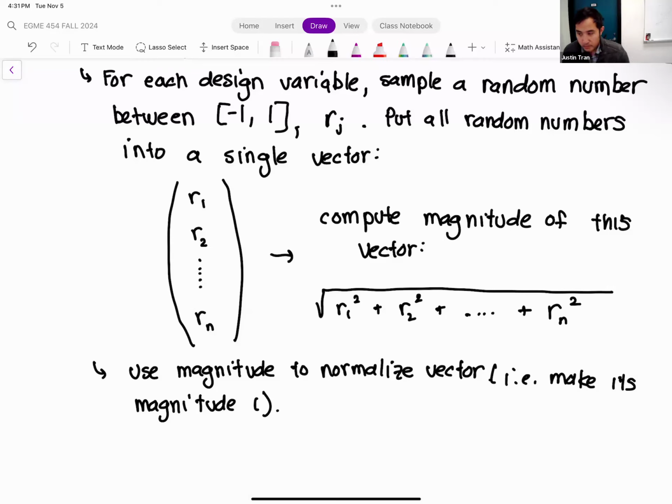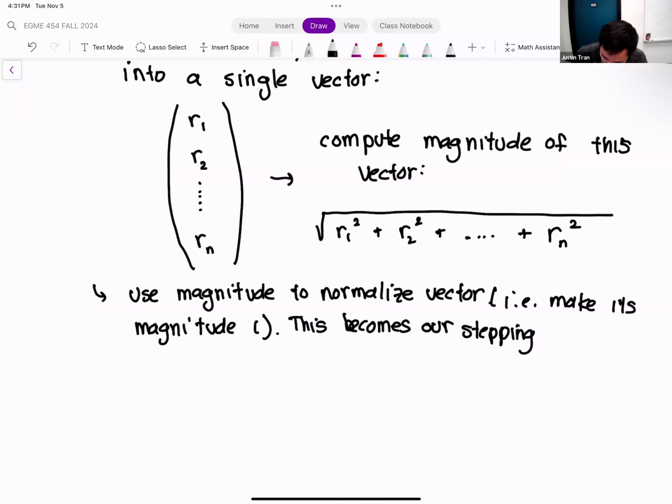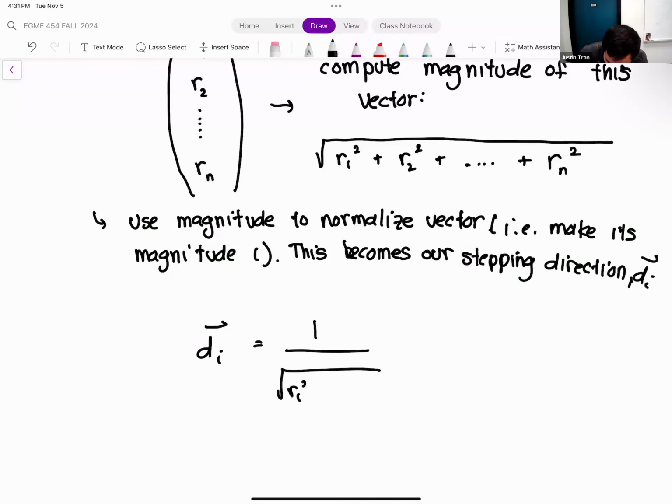And after we normalize the vector, this is going to be our random stepping direction d_i. So d_i is equal to 1 divided by the magnitude, square root of r1 squared plus r2 squared plus dot dot dot plus rn squared, multiplied by the vector r1, r2, dot dot dot, rn.